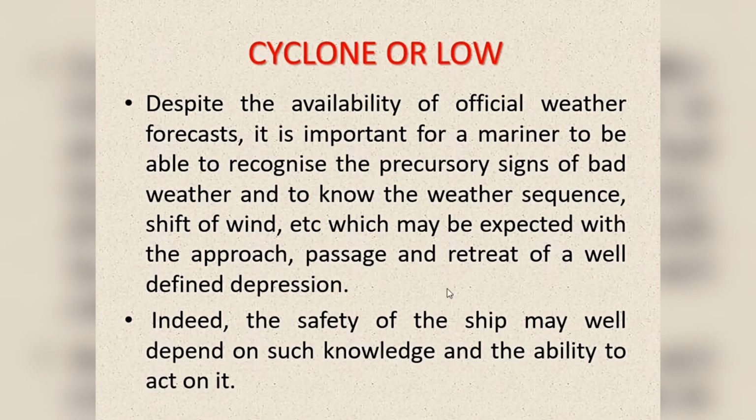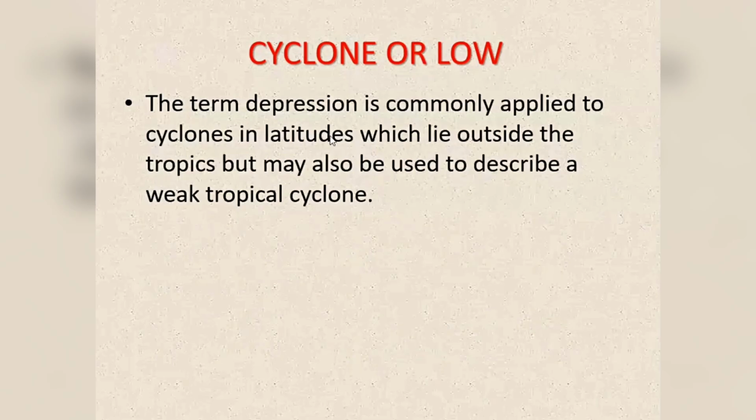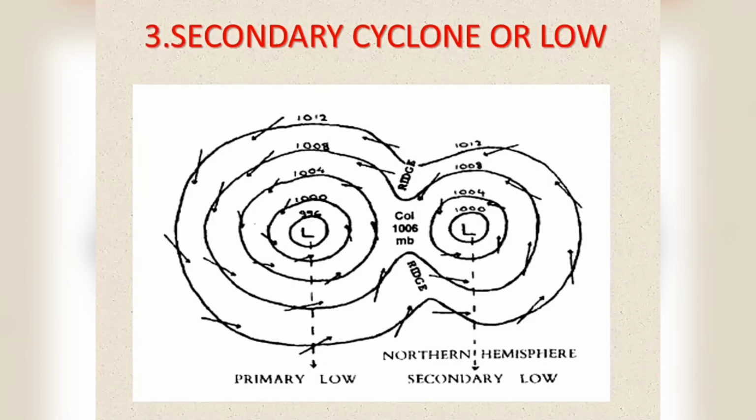So the term depression is commonly applied to cyclones in latitudes which lie outside the tropics, but may also be used to describe a weak tropical cyclone. So ये तो था आपका cyclone और low pressure, and there is a secondary cyclone or low. So इसके लिए भी आपका पैटर्न जो है, isobaric in the northern hemisphere, primary low, again around the low you know winds in anti-clockwise direction, isobars situated at an interval of 4 millibar, and also there is another secondary low